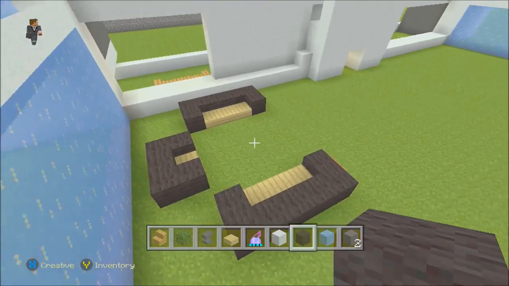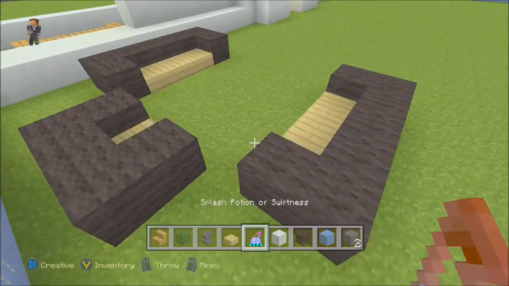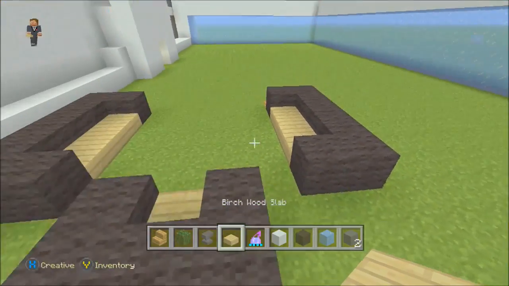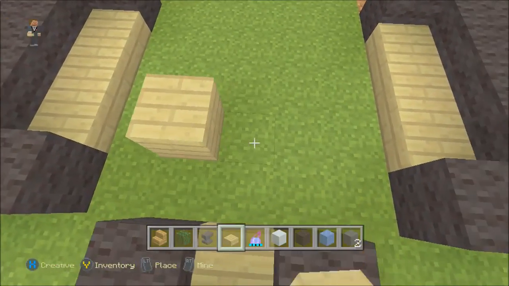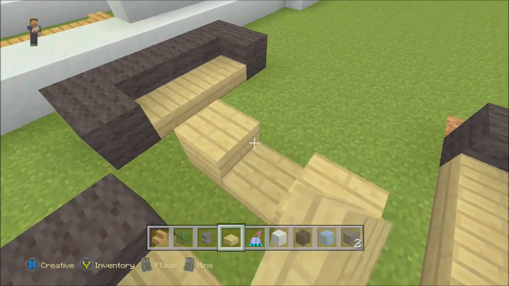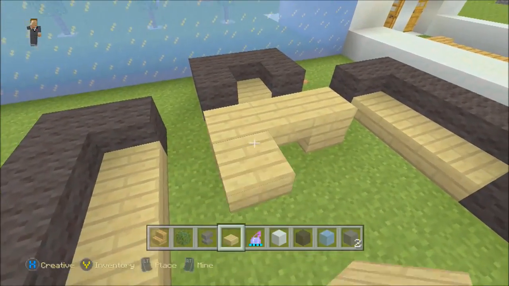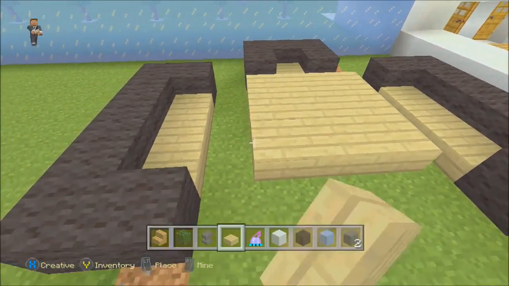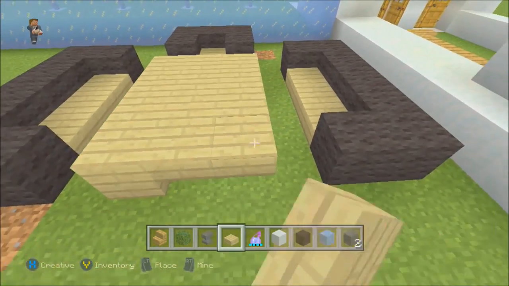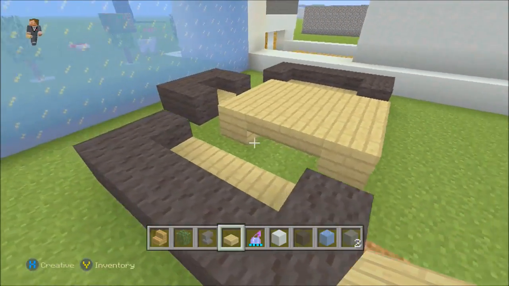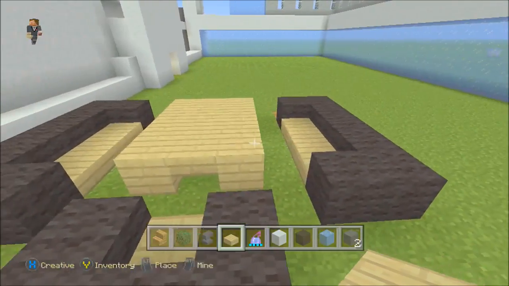But my one does look pretty bad. So what I recommend you doing is possibly add a seating area over here, adding a sort of table design. I'm just doing this pretty quickly because this is not the best table design. You can also check out my table designs video. I'll leave a link to that in the description, or you can just scroll down because it is one of my recent videos. So yeah, just add a table like that, add some flower pots on it,